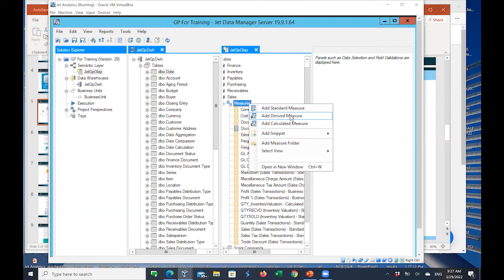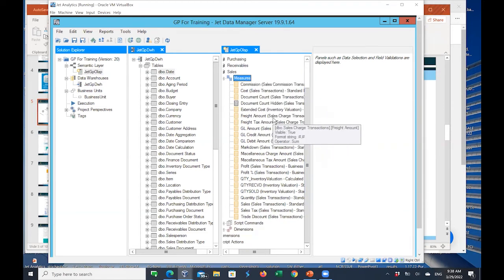So there are some measures which are calculated at the stage of cube development, but there are some measures which you would rather prefer are calculated at the back end. In other words, while the report is actually being displayed on screen. So that's the difference between a calculated measure as against a derived measure. So we're seeing here